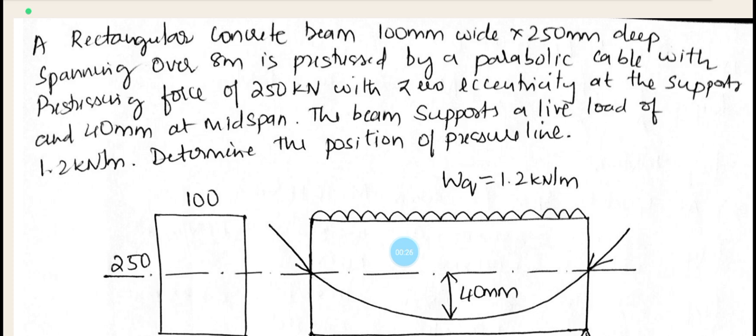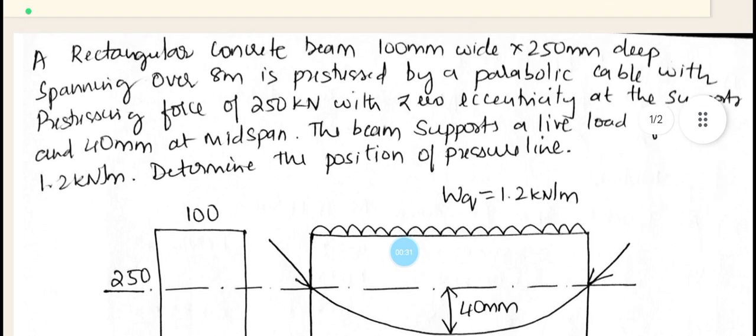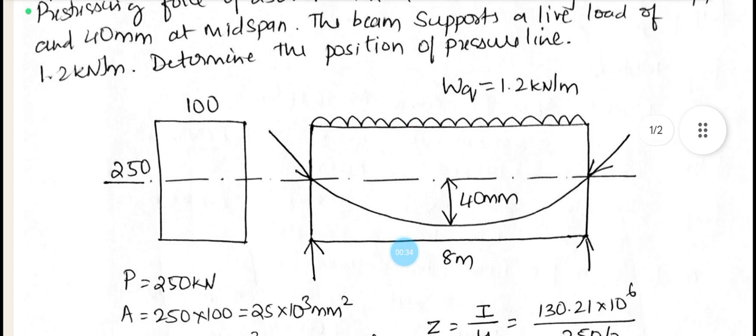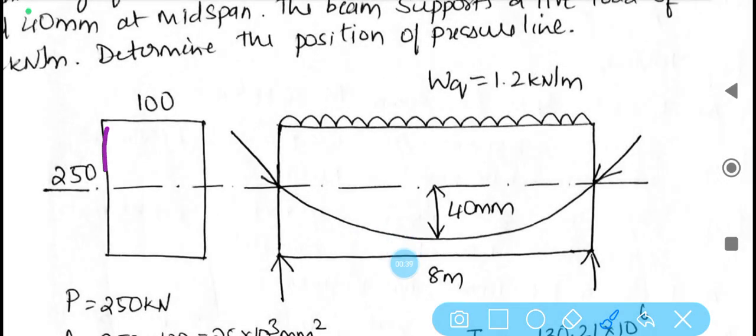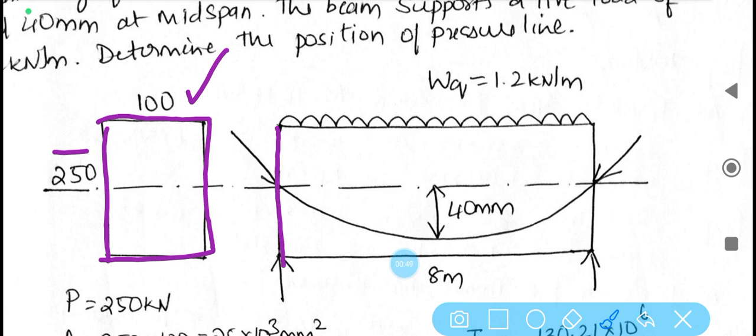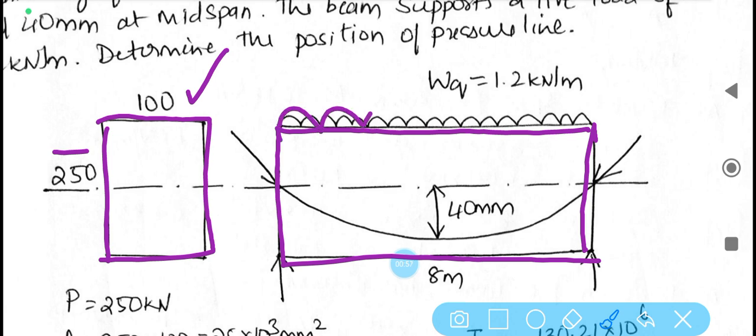So here, before going with the pressure line, all the basic calculations we need to do. So first let us plot the sketch. In the given data, it is said that it is a rectangular cross section. So let us plot the rectangular cross section. B is 100, depth is 250, and let us also draw one longitudinal section, two dimensional one. It carries a UDL of 1.2 kilonewton per meter,